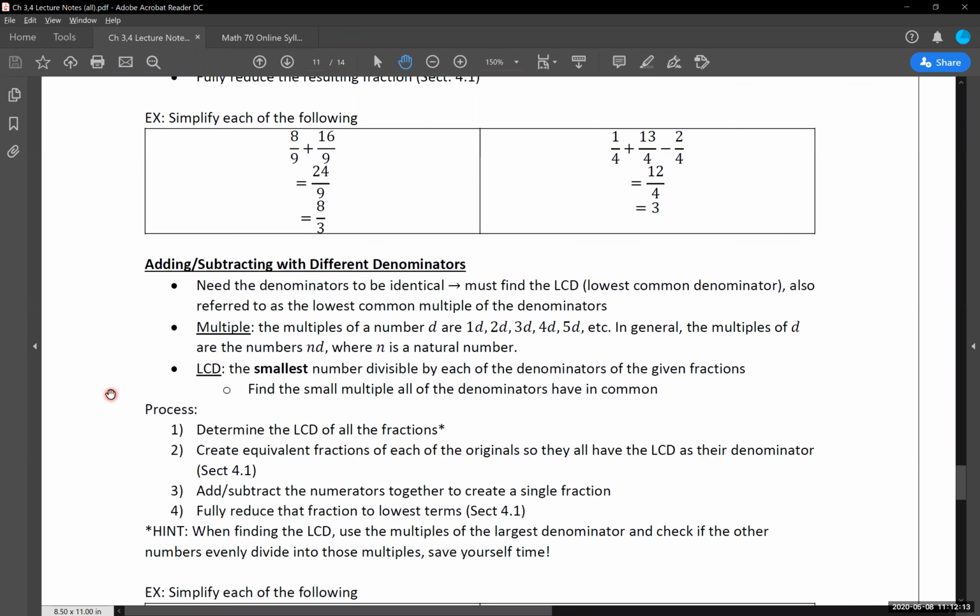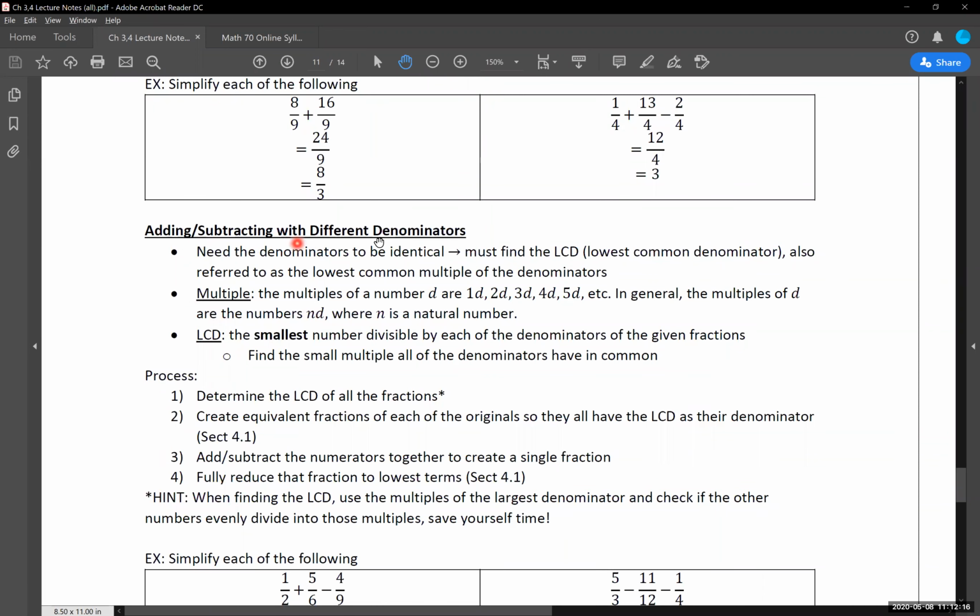Now we're going to go into the actual process if we're going to add or subtract with different denominators. First and foremost, the first thing that we need to do is determine the lowest common denominator of all the fractions. You absolutely must do this step. There's no getting around this. There are a couple of ways you can make this happen. You can list off the multiples of all the numbers and then find the smallest one they have in common. Some people just like counting up from the biggest number, which is kind of what we're going to do, but there are different ways of organizing that for yourself. And again, whatever works best for you to organize finding that, do it.